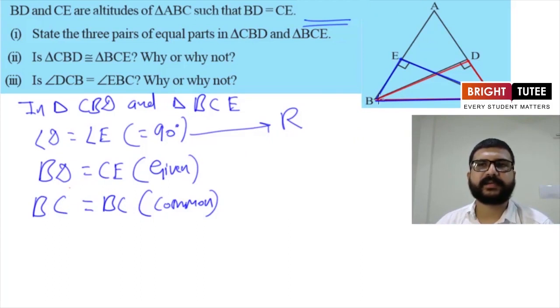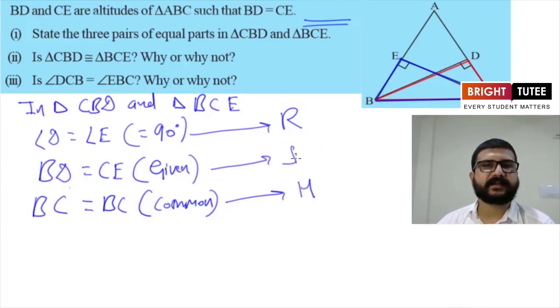Now observe the triangles carefully. Observe the triangle CBD. Here is the CBD, angle D is 90 degrees. What is the hypotenuse here? Hypotenuse is BC. Similarly for the triangle BCE also, hypotenuse is BC. So now here BC is equal to BC, that means hypotenuse are also equal. Now we are having BD is equal to CE. It was given in the question. BD is equal to CE, that is one of the sides other than hypotenuse are also equal, and it is S. S means side. So here we are having RHS now.